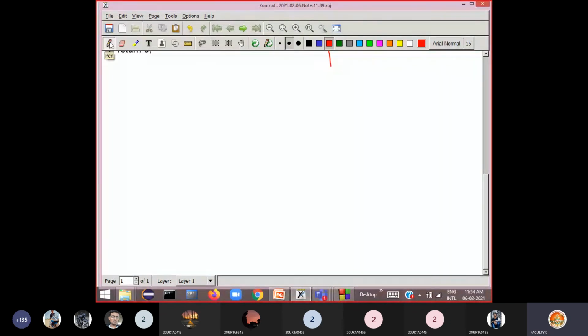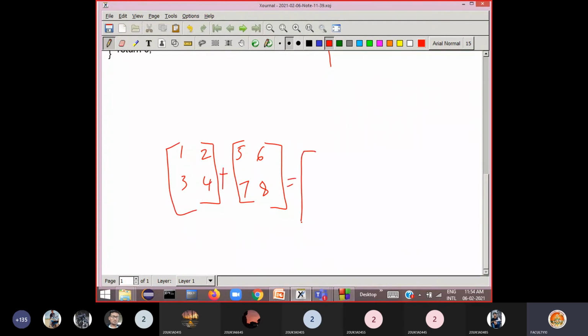See here, if we have a matrix 1, 2, 3, 4, and then another 5, 6, 7, 8, then when you want to add these two matrices, elements in the same place will be added. 1 plus 5 will become 6. Similarly 2 plus 6, 3 plus 7, then 4 plus 8.